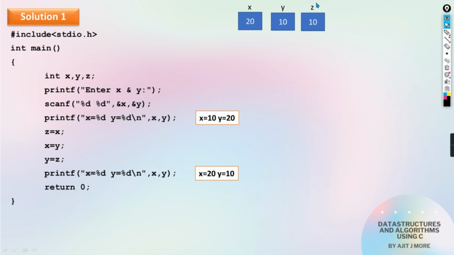In the first solution, we made use of one temporary variable Z, and then we wrote these three simple assignments. First we copied the value of X in Z, then Y in X, and then Z in Y. The cyclic way we did the copy. Okay, now let's move on with the second solution for performing the same thing, swapping of two integers in